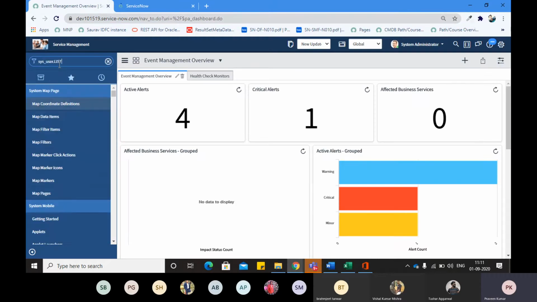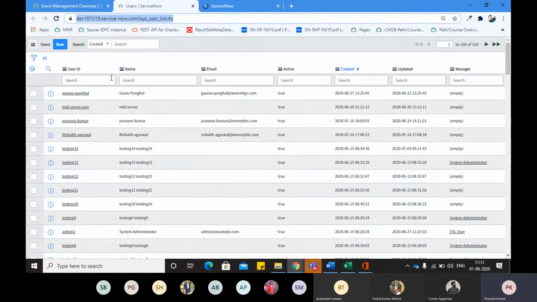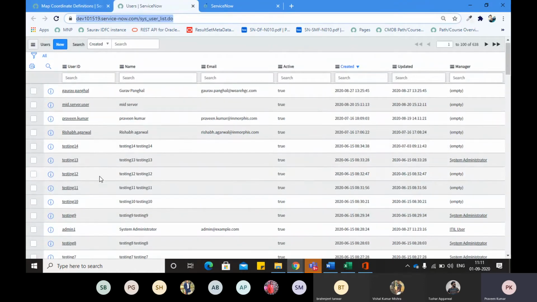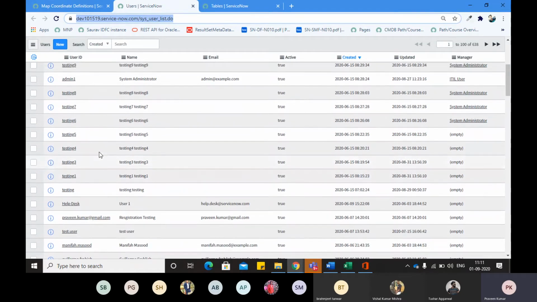By that time, I have to check some end user as well. End user means the user who does not have any role or does not have any big role.